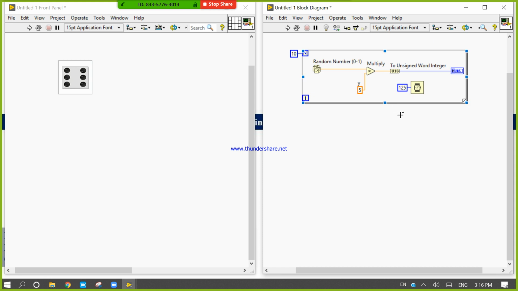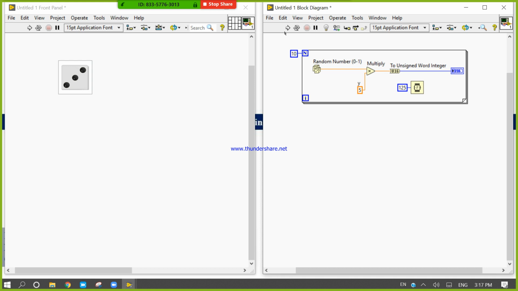Let's see. Now run. Now again run. This dice will be controlled by the random number generator, so every time it will generate a different dice.